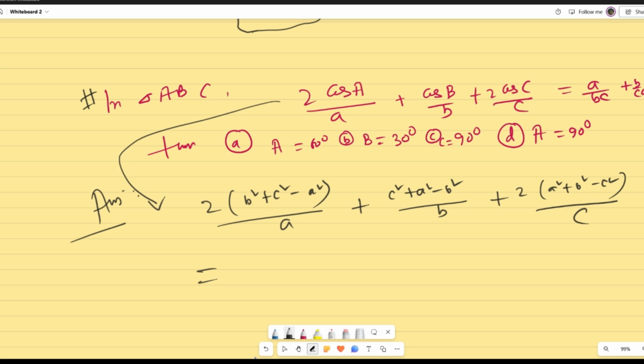Given equation, we go to this condition. This is given to be what? A by BC plus B by C. Okay. Now this cosine is B square plus C square minus A square by 2BC. No, I forgot to write. This is 2AB. So 2ABC is a common term over there. 2B square